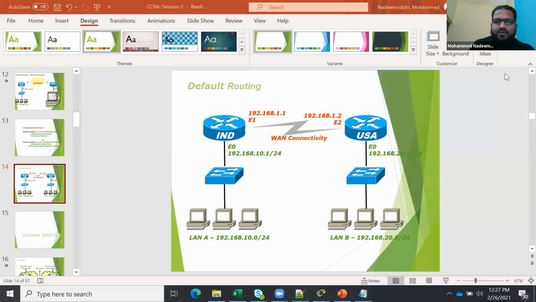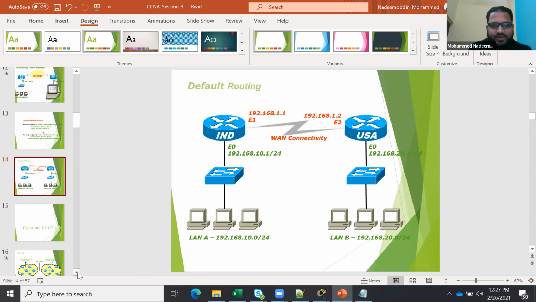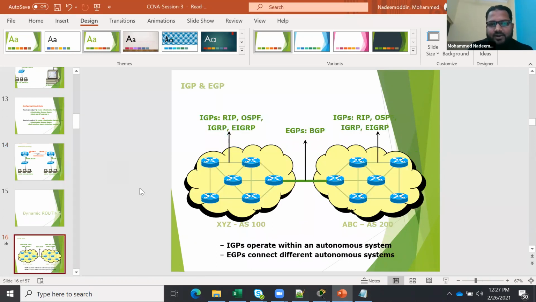For the routing, if you go to YouTube, I have detailed lectures for the routing: static routing, default routing, dynamic routing. I have explained this diagram. In the dynamic routing, you have IGP and EGP, these dynamic protocols.